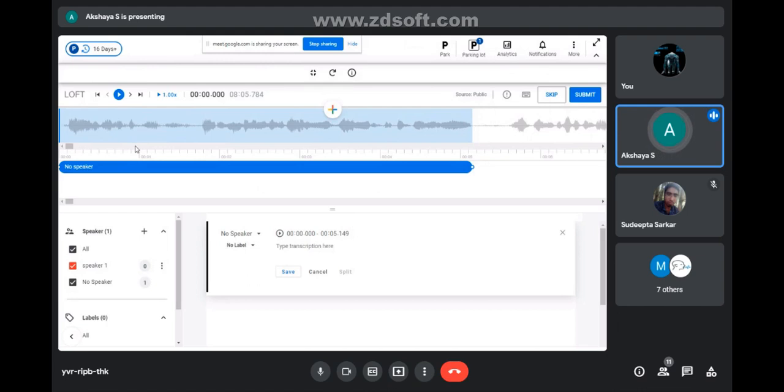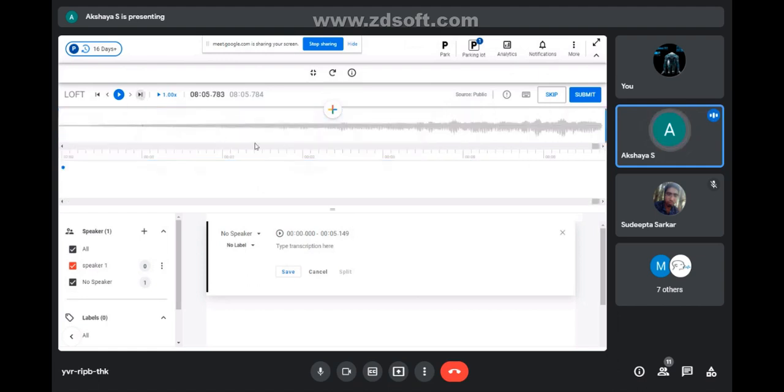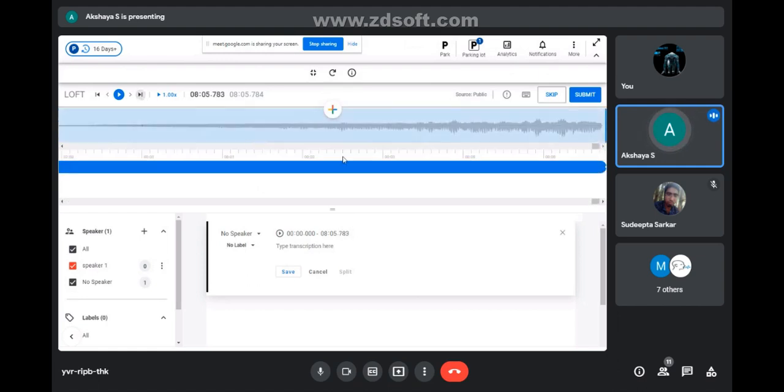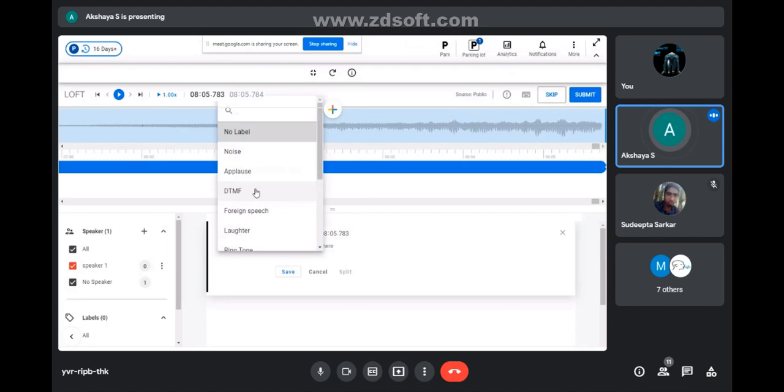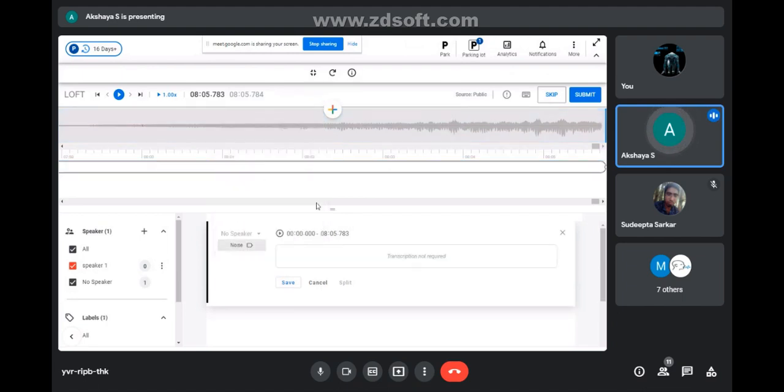I have heard the white space noise, various kinds of noise, for the entire 8 minutes of audio. I'm creating the 8 minutes of audio as one long segmentation. Okay, I'll jump to the end. I have created it. Ctrl+colon is for selecting the segmentation. I'm selecting noise. See, one noise segmentation is created, and don't forget to save the segmentation once you're done with a particular segmentation.